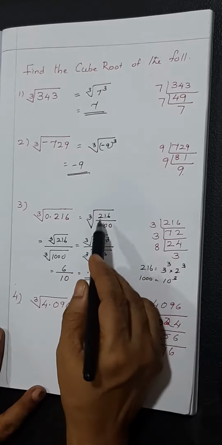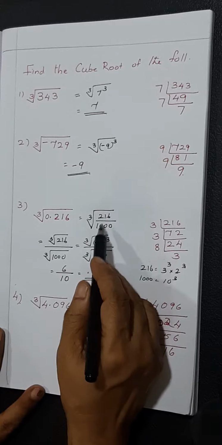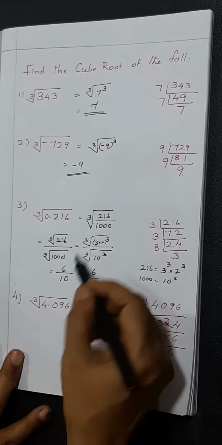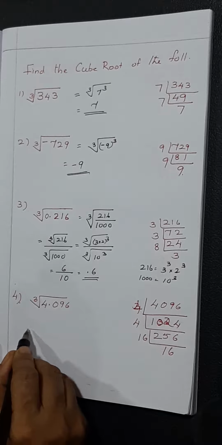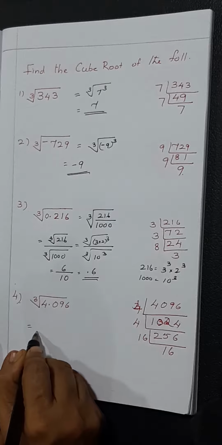So this is the method that you can use now, since you are just learning. Later on you can straight away write it as 0.6. So here also you will write it as